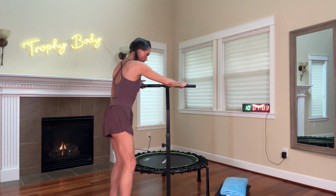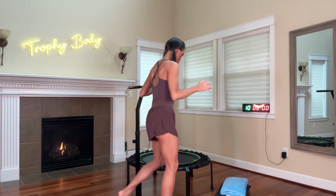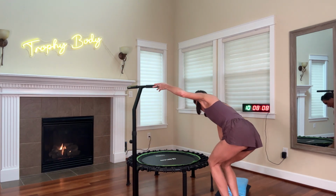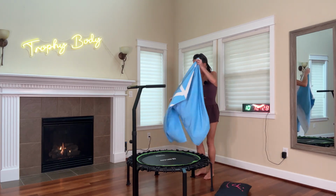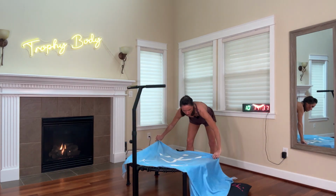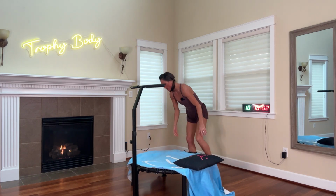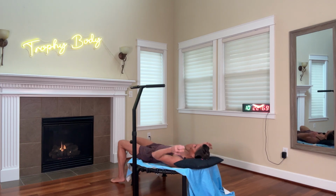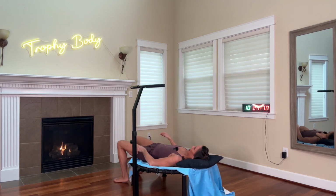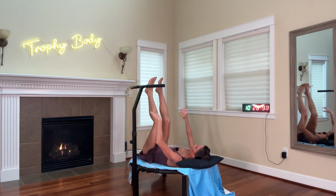So I'm not gonna have my legs facing the bar. I'm just gonna have them close by so I can lean my legs up against the bar at the end. So I'm gonna have my towel and my pillow. My back will be centered right on the bottom or the middle of the mat. My head right there on my pillow, and legs come up, and we start the leg inversion, the arm inversion